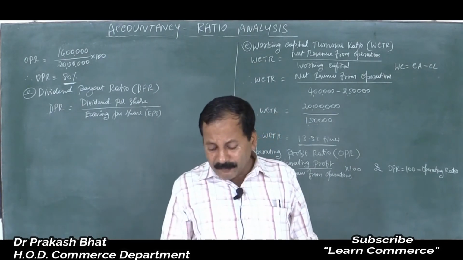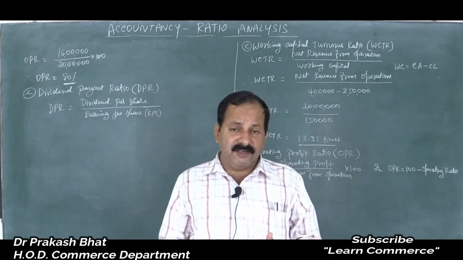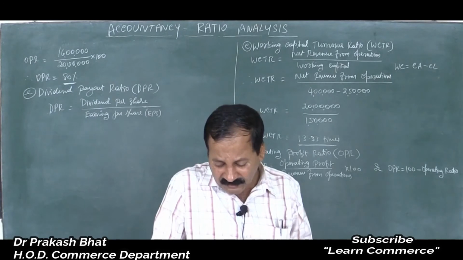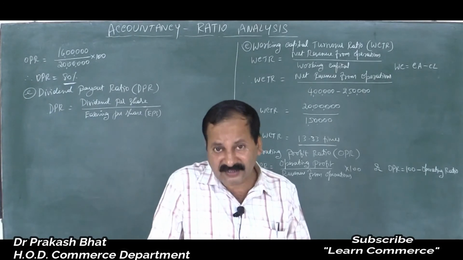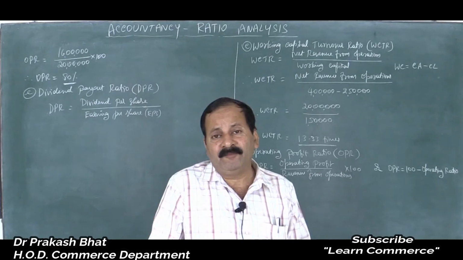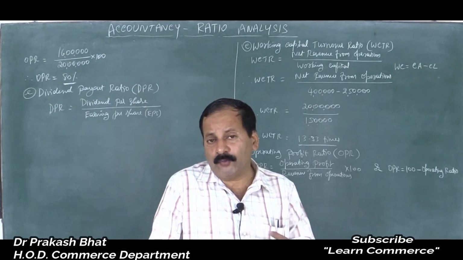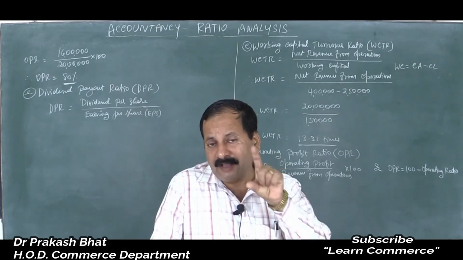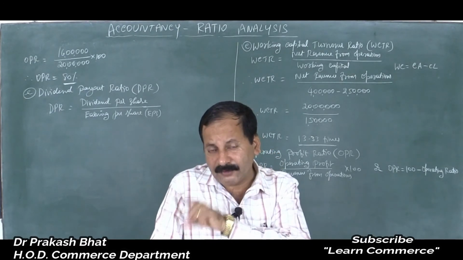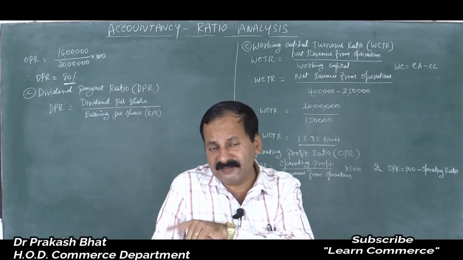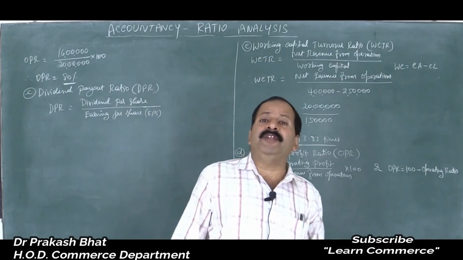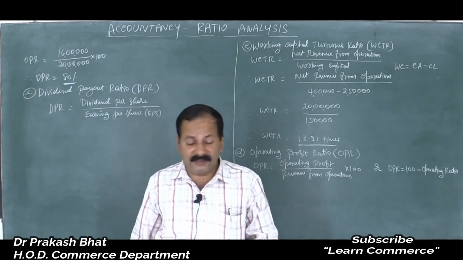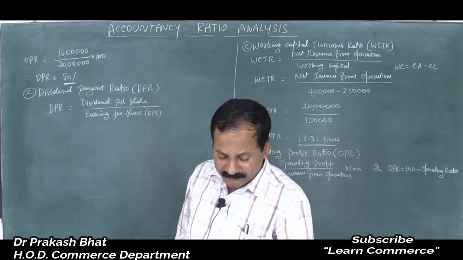So what is the net profit? 1 lakh. 1 lakh minus dividend, or that is interest paid to preference shareholders. How much it is? It is given in the problem. That is 10% preference shares, 2 lakh. 10% means how much? 2 lakh into 10%, it comes to 20,000, correct? So total PAT, profit after tax, minus dividend 20,000, correct? How much remains? 80,000. That is the amount available for distribution among equity shareholders. That is how we have to calculate this. Let us solve.